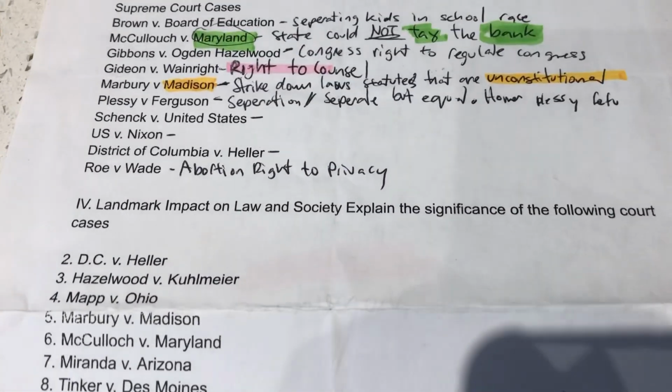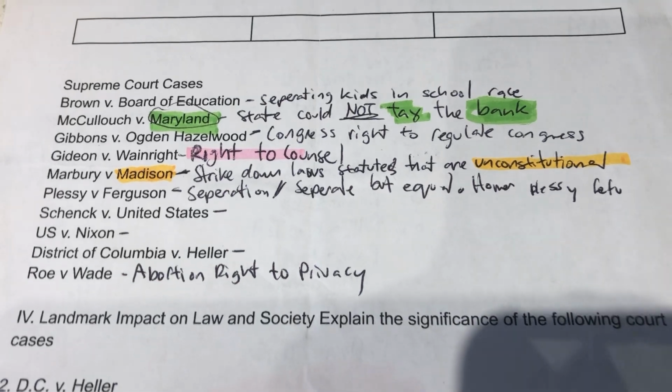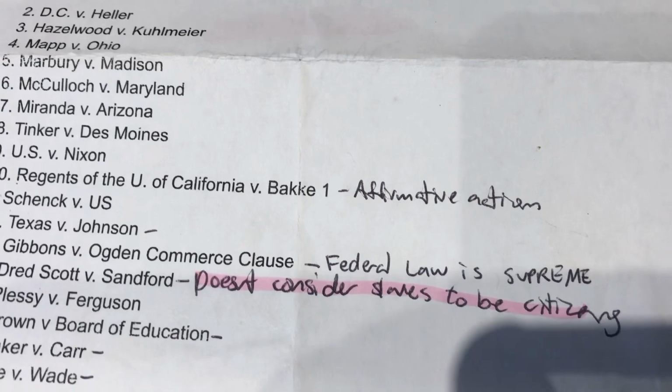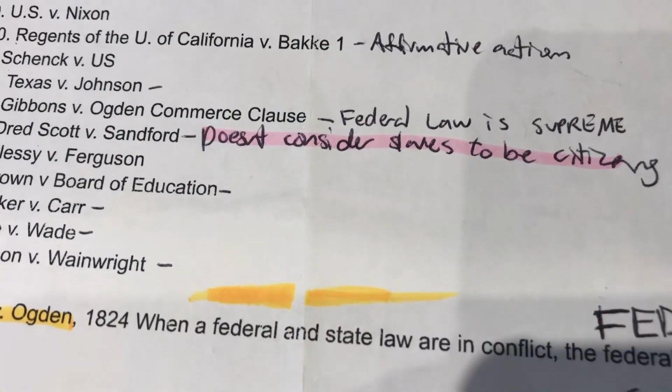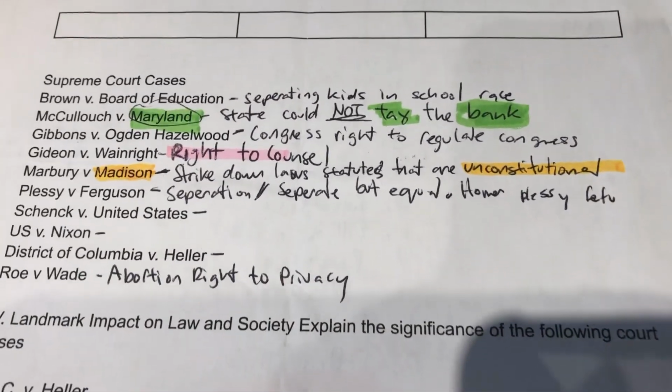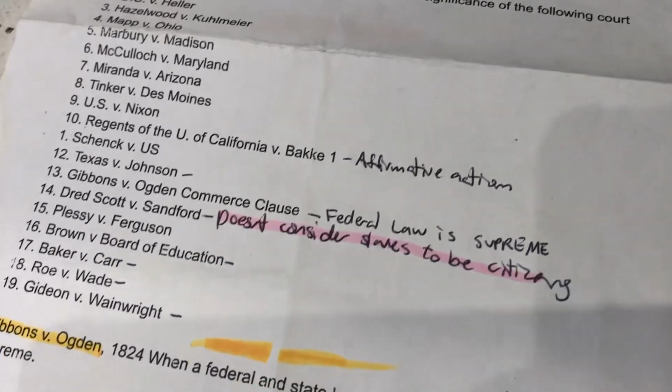And you need to put the work in. You definitely want to get a blank piece of paper like this and then write in what each case meant. When you write it in, you just retain information a lot better. And this was me testing myself, and as you can see, I didn't know a lot of these cases when I thought I did. So you definitely want to self-test